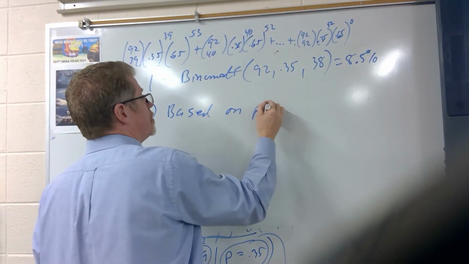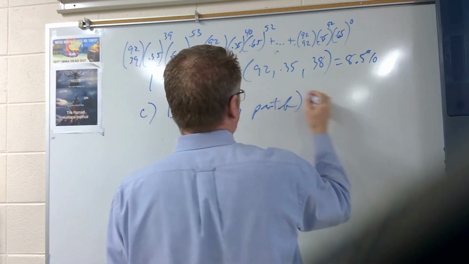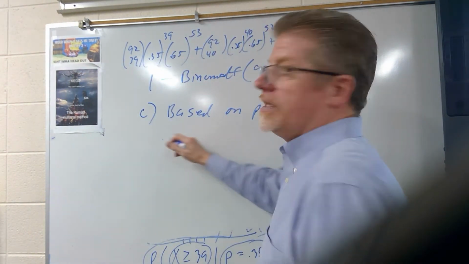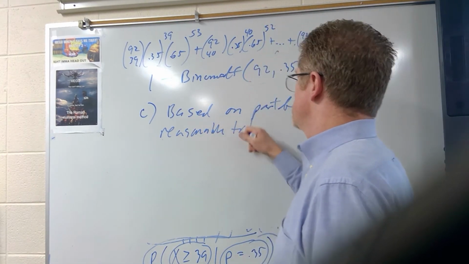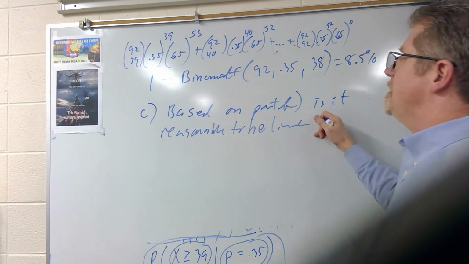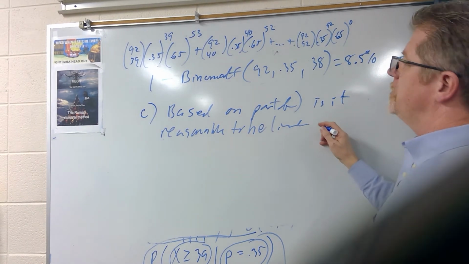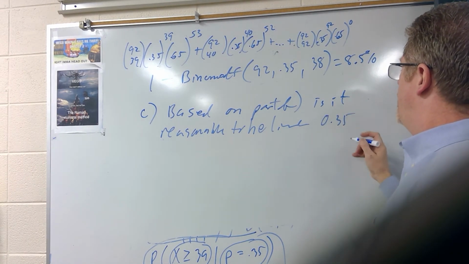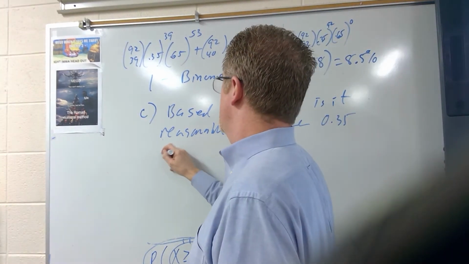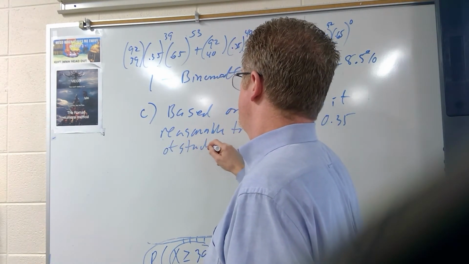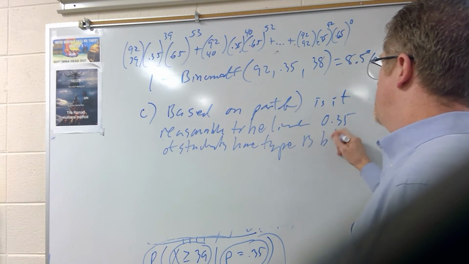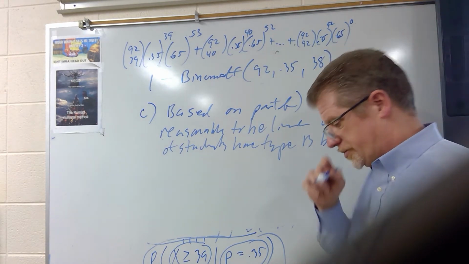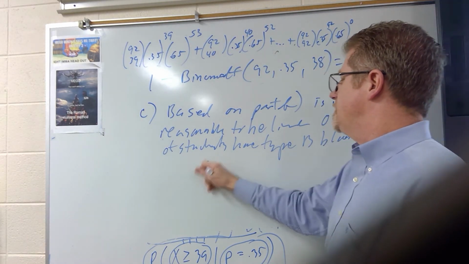Based on part B, is it reasonable to believe that what the authority said is true? That 0.35, 35% of students have type B blood. So Chad's reasoning was that he said yes